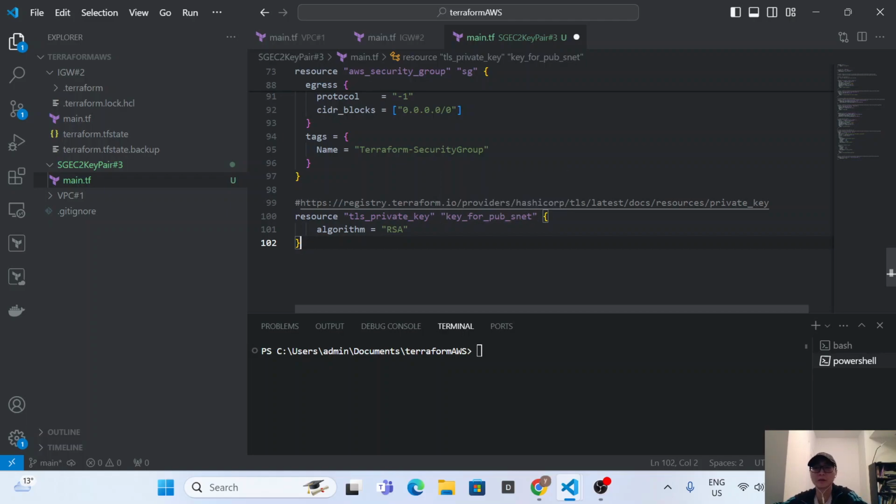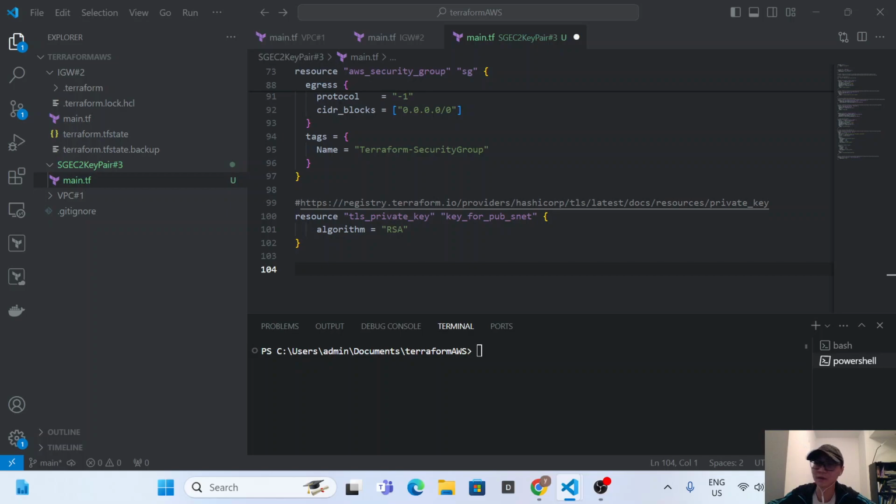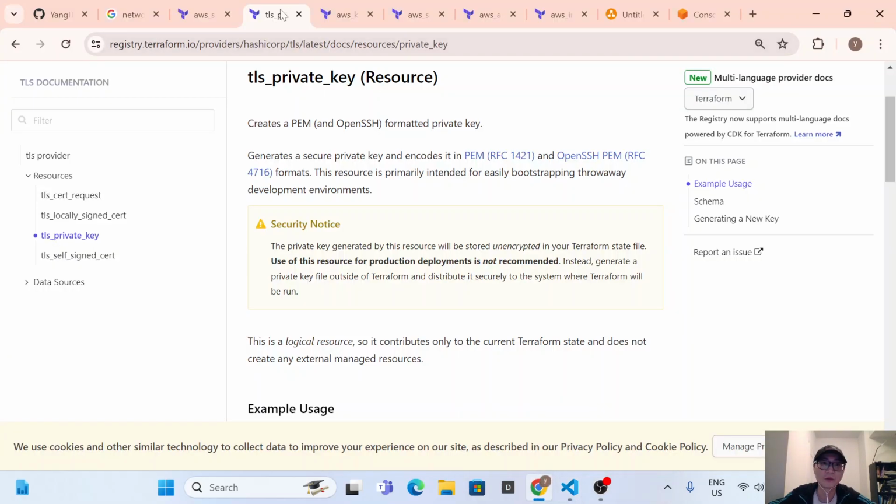And after that, we are using Terraform to create a private key, and we need to use this private key to generate the public key. So I also have the link